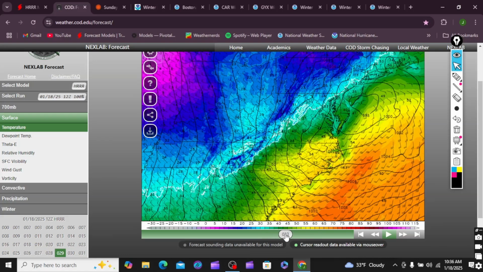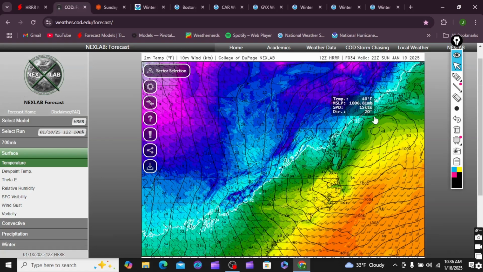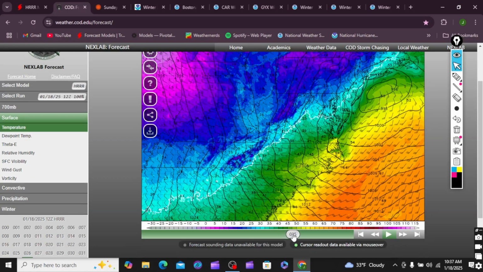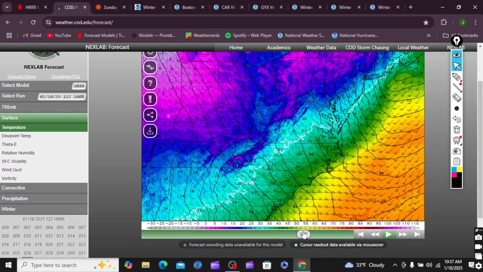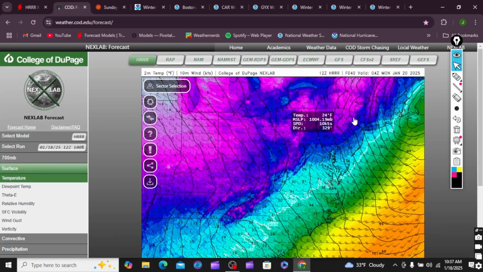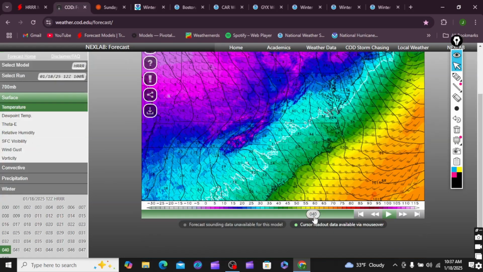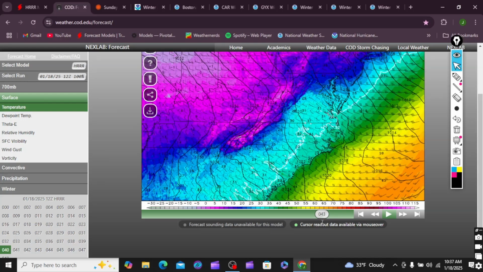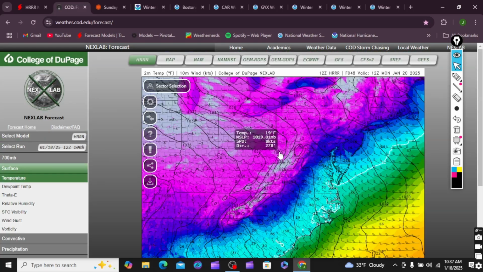3, 4, 5. So this is about 5 o'clock, and pretty much all of eastern Pennsylvania and northern are in the teens now. Northern Pennsylvania back in here, you're talking about lower teens. Alright, so that's 5 o'clock, 6, 7, 8, 9, 10, 11. So when the snow just ends across these regions over here, you're talking about temperatures in the single digits, okay, and wind chills below 0, okay, very, very cold temperatures, and then that temperature continues to worsen.